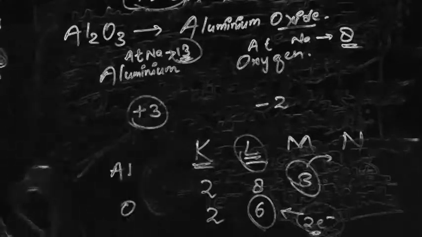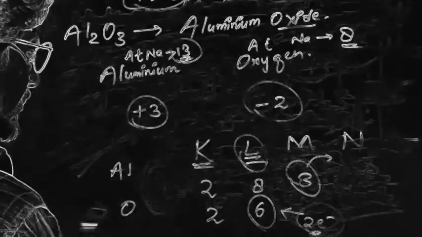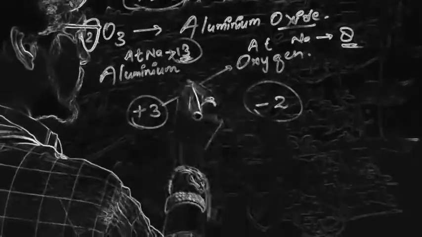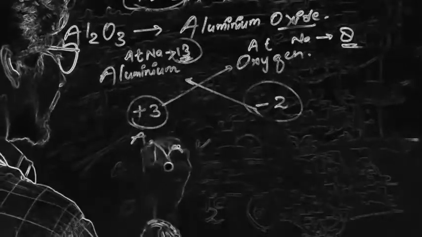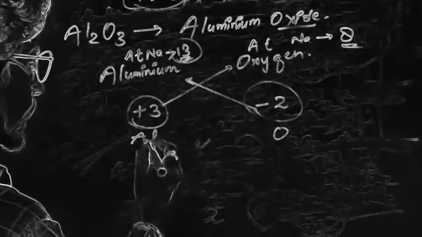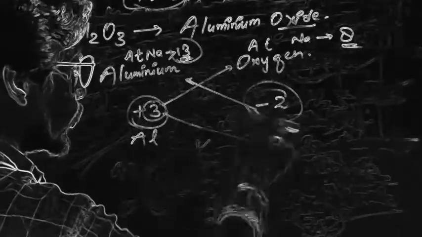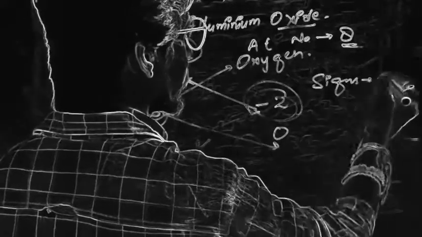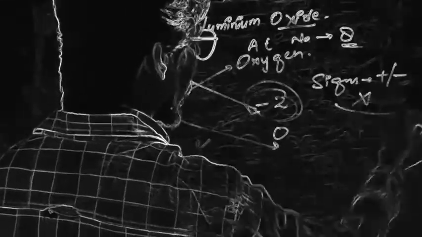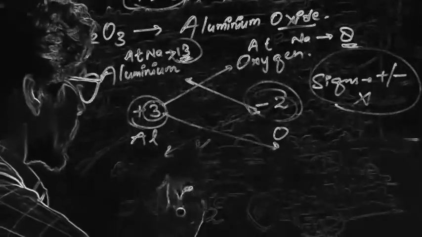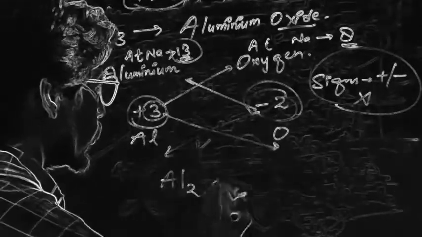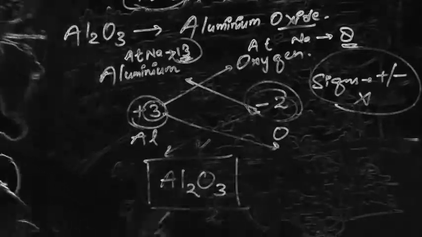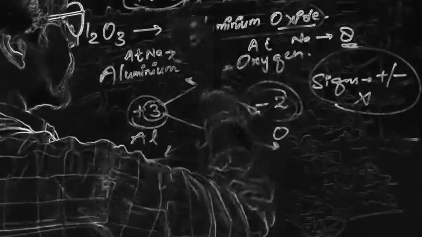So now you have the valency of aluminium and valency of oxygen. Now easily we can make the formula. The valencies are exchanged. Aluminium, that is Al, oxygen, that is O. 3 will go to O and 2 will come here. Second thing, signs, that is plus or minus, are not necessary to mention in a chemical formula. So Al, 2, O, 3 will come here. The chemical formula so formed is Al2O3, that is aluminium oxide.